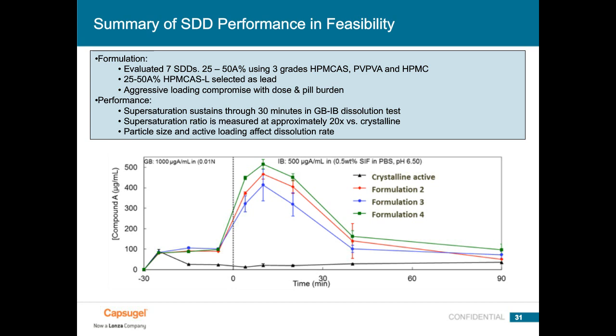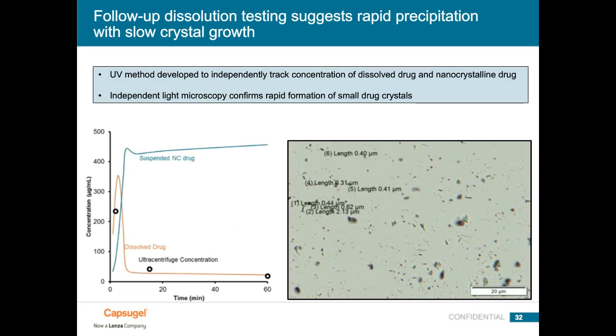minutes. And in fact, as we developed our dissolution tests to be a little bit more robust in terms of finding how much dissolved drug there truly was, we found that the precipitation was even more extreme than that initial test suggested. So we were able to develop a UV-based test that could distinguish between dissolved drug and finely dispersed nanocrystal and precipitate of the drug. So when this drug precipitates, it precipitates to a very fine nanocrystalline form, which can be hard to separate from the dissolved drug by standard methods.